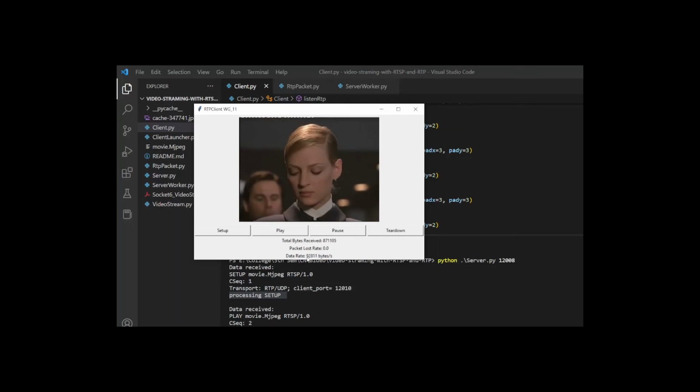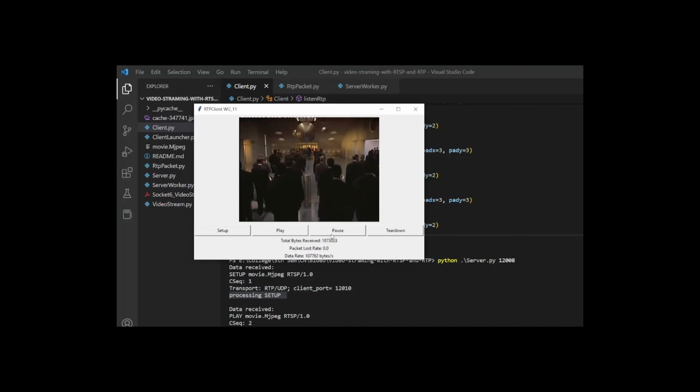Also we can see the data transfer rate here. Since this is very optimized, there are no packets being lost. We can also pause the stream, which sets the data transfer rate to 0, and the byte streaming halts. We can again play it,